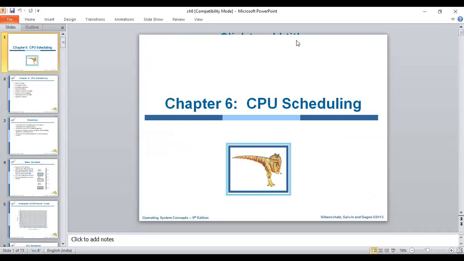Every algorithm has its own merits and demerits. Depending upon the requirement of the user, the OS will decide which scheduling algorithm is going to be applied.